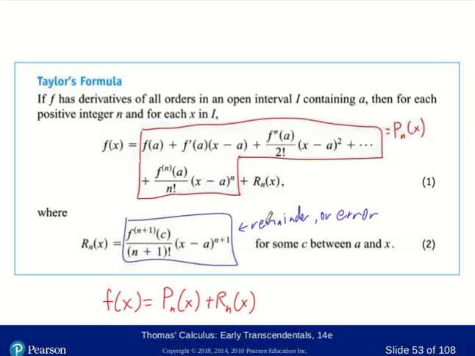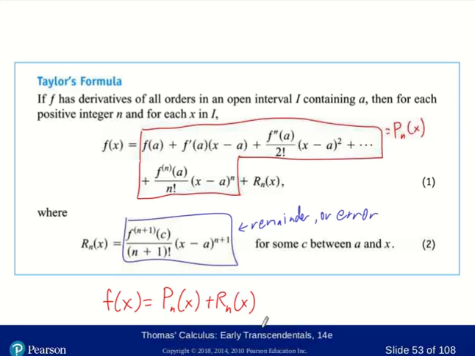And that's fantastic, because now what we can do is say, okay, as long as that remainder piece, as n gets larger and larger, tends to 0, then we have a way of saying that the Taylor polynomials are converging to the function, right? The limit as n goes to infinity of the Taylor polynomials will only actually converge to the function if this remainder part is going to 0.